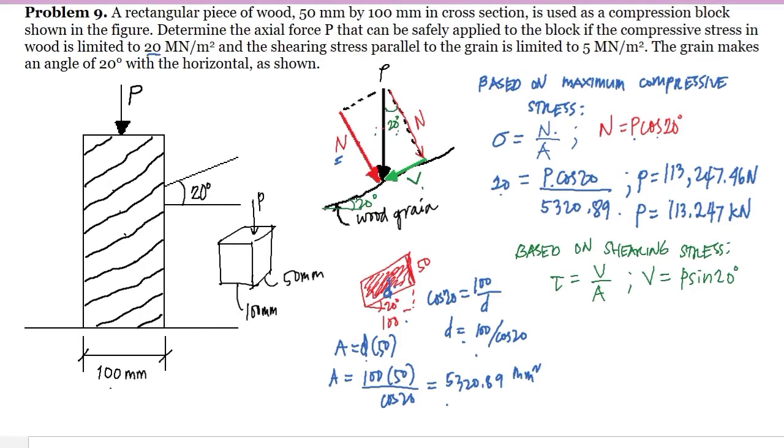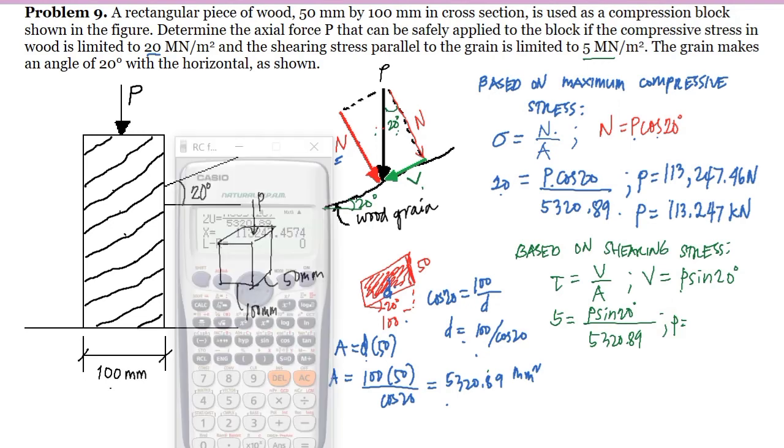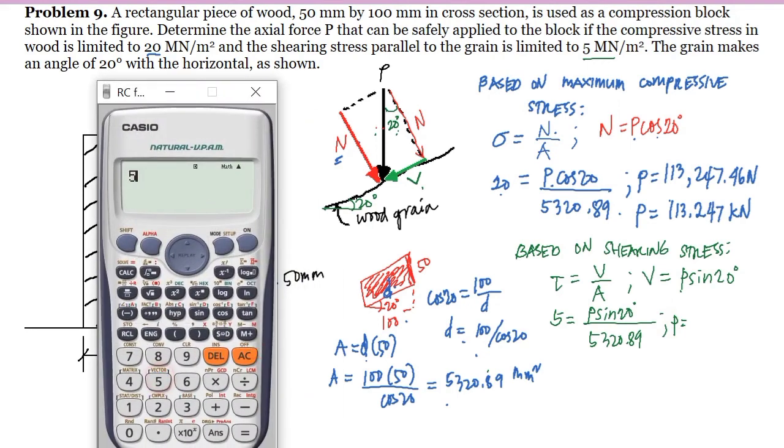Since the shear stress is limited to 5 megapascal, so we have here 5 is equal to the shear force, that's P sine 20, over the area, which is 5320.89 mm square. So solving for the value of P, we have 5 is equal to, si P palitan natin ng X, sine 20 over 5320.89, shift solve equals,